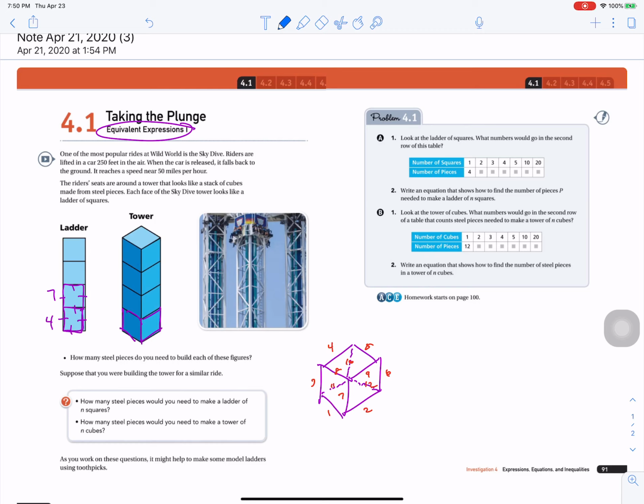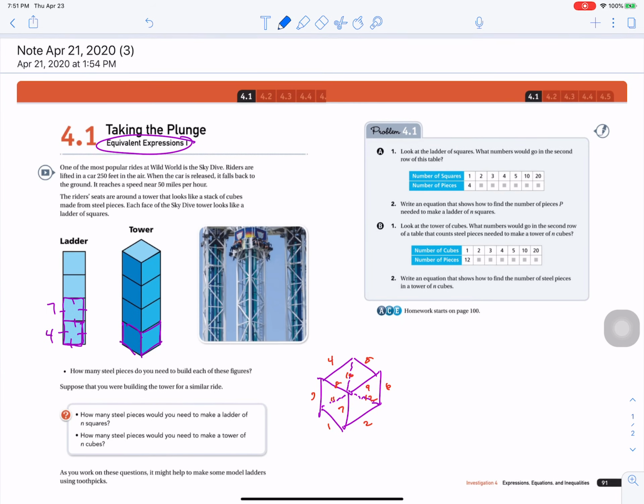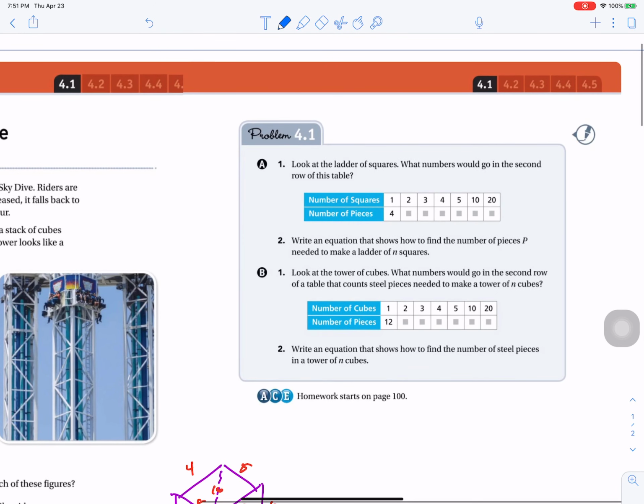And I wanted to just talk about lesson 4.1. I know that some of you have been a little confused with 4.1 and 4.2. Part of that is that I wanted you to explore these problems, and I know that adds some confusion, but I wanted to just give you the answers to 4.1 so you can see, oh yeah, that's the way it's done. Anyway, if we were to complete the table here for the ladder, every time we have a